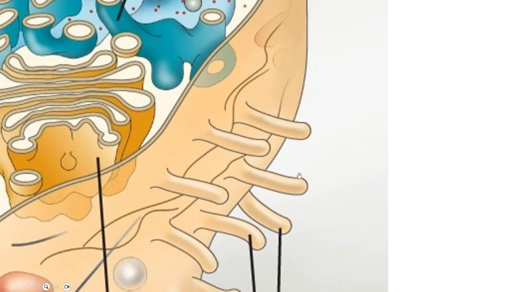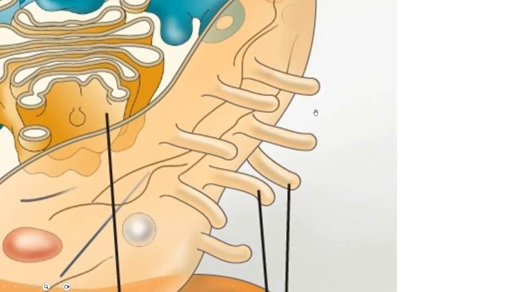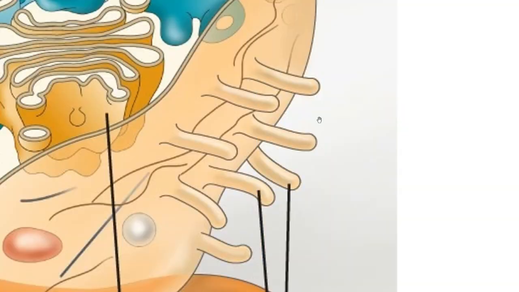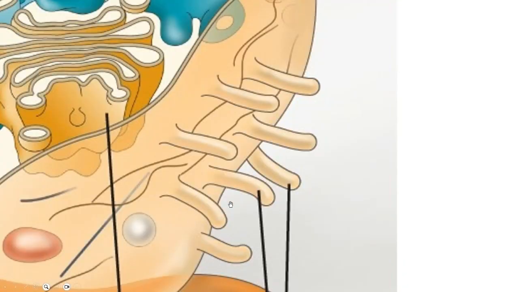Here are the cilia. Most of the cells in the body don't have these, but the respiratory system will have them. What they do is they help get junk out of the lungs so we don't end up getting pneumonia. What will happen when you smoke is they actually have chemicals in the smoke to shut down the cilia. Why? Because if you're smoking